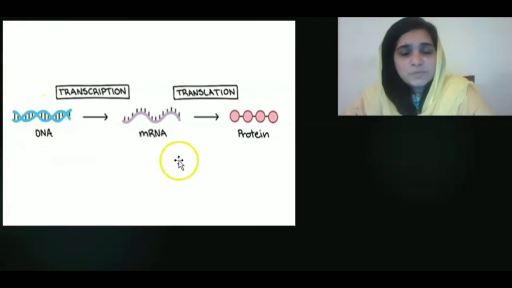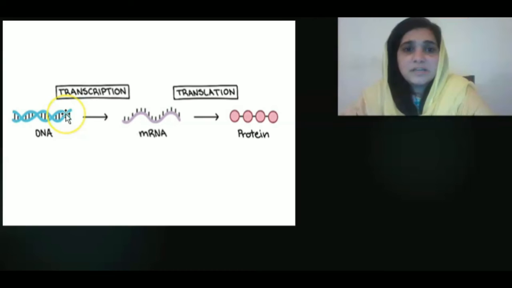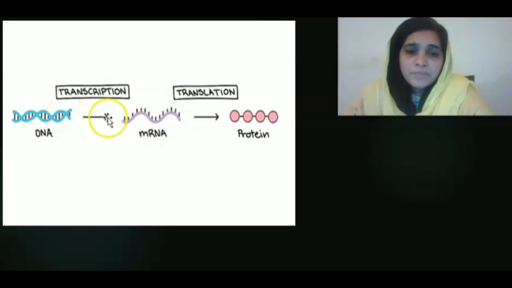It is the easiest way to explain. And remember, DNA is a double helical structure. When transcription occurs, DNA will be converted into mRNA, and mRNA is a single-stranded structure. Here two strands are present in the case of DNA, while one strand is present in the case of mRNA. So when mRNA is present, translation takes place. In translation, mRNA will be converted into protein or polypeptide chains.